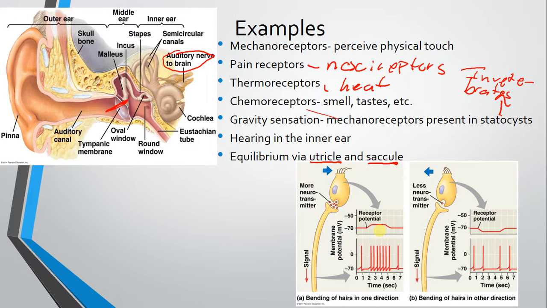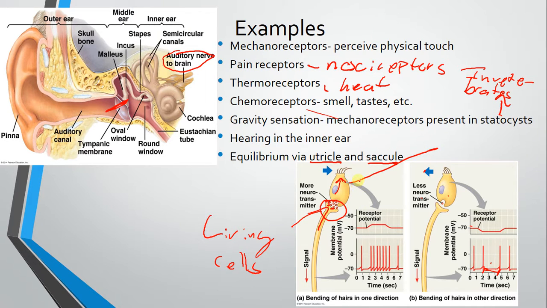Same thing with why we can have mechanoreceptors in hair. The bending of hairs in one direction can release neurotransmitters into a receptor neuron under the skin, and that's how we feel the breeze through our hairs. Bending of the hairs in another direction can cause fewer neurotransmitters to be released, and then we see a decrease in frequency. So a less strong breeze, a stronger breeze. That's how mechanoreceptors in your hair can give you the sensation that there's a breeze or wind flowing through it. They lead to the release of neurotransmitters in these portions right here, the living cells,